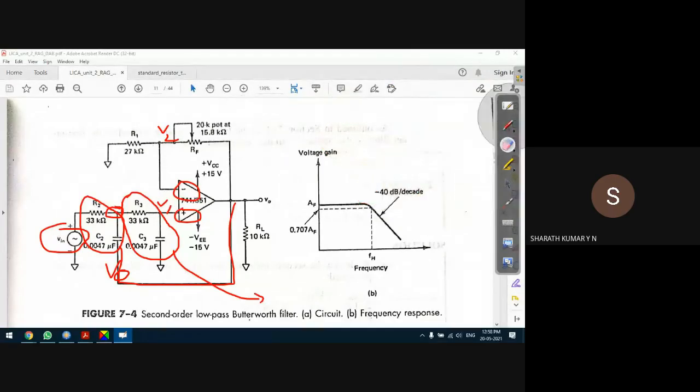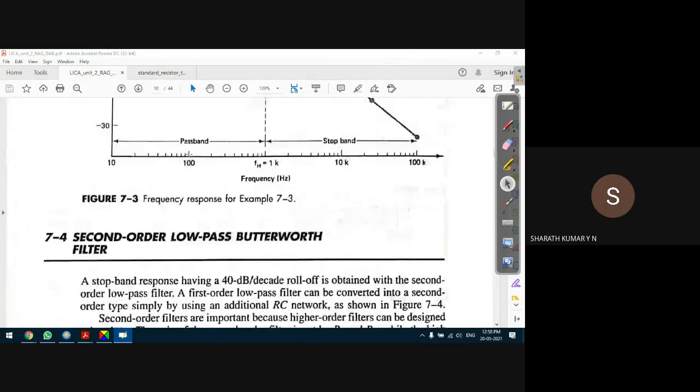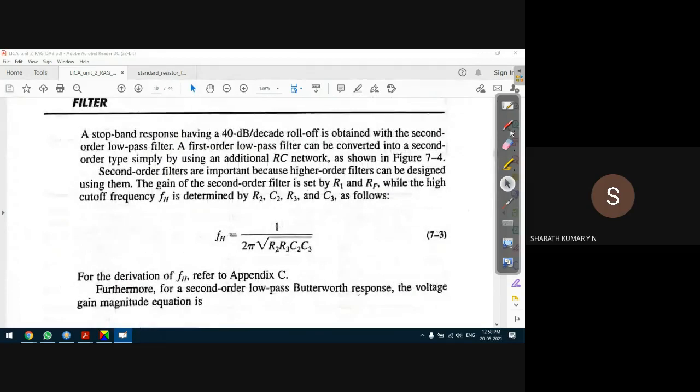Together R2 C2 and R3 C3 help in implementing what is known as a second order low pass filter. The characteristic remains the same as that of the first order filter, except additional components are used to implement the second order filter. Higher order filters can be designed from the second order filter onwards: third order, fourth order, nth order filters can be implemented. The nth order is an ideal low pass filter.